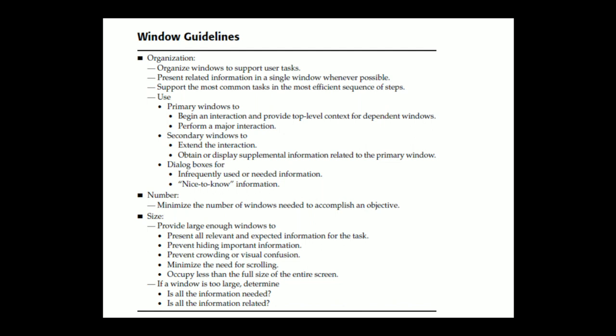If all the relevant controls or data cannot be placed within the confines of a single window, then place that which is less frequently needed on some other window. Do not make the default size of a window the full screen. The option to maximize a window always exists. Finally, use primary windows, secondary windows, and dialog boxes consistently in the manner they are intended to be used.